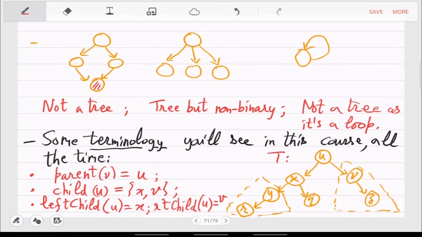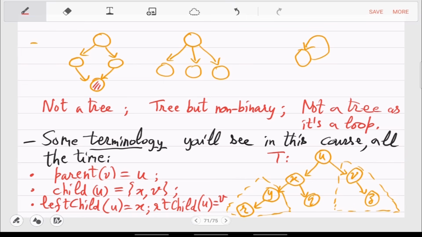So when you move from root U to V, V is also a root of some other data structure. So that is called subtree of V. Okay, so this is a heavily recursive self-referential data structure.